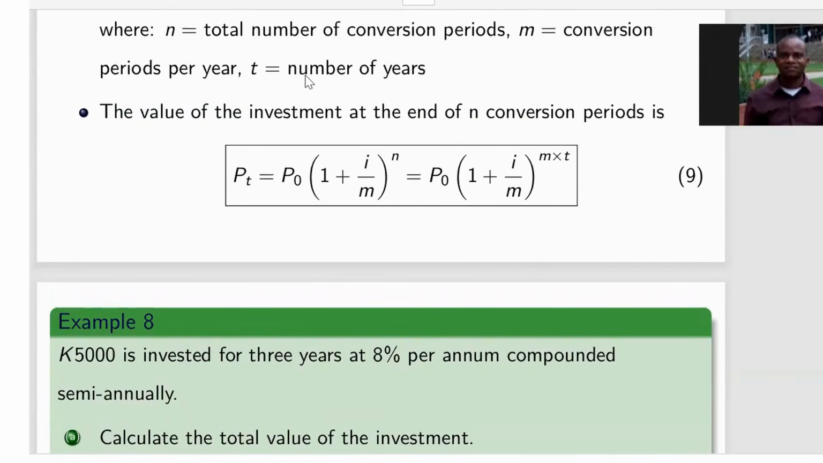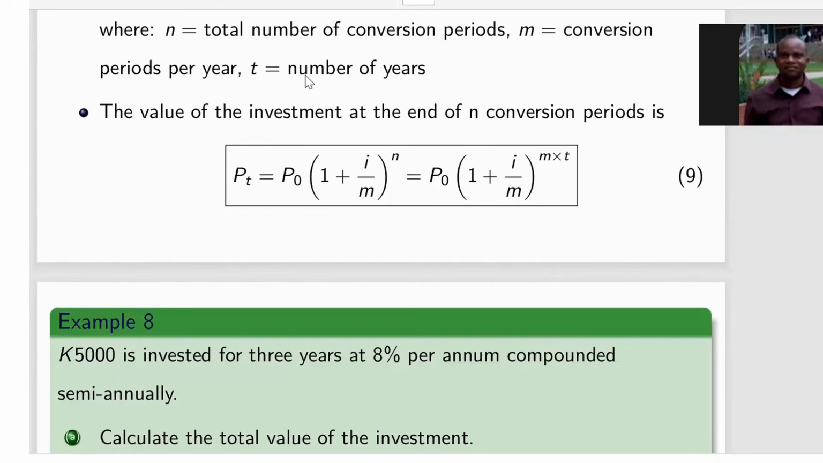So remember, we were looking at interest rate that is compounded several times. And if you recall very well, we said such kind of interest, which is compounded several times in a year, is called nominal rate of interest. So we derived equation number 9 on how to compute the future value when we're given interest that is compounded